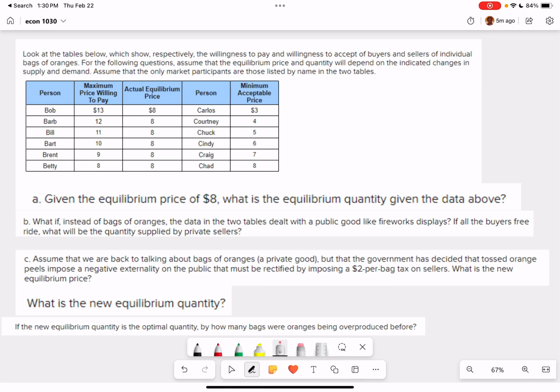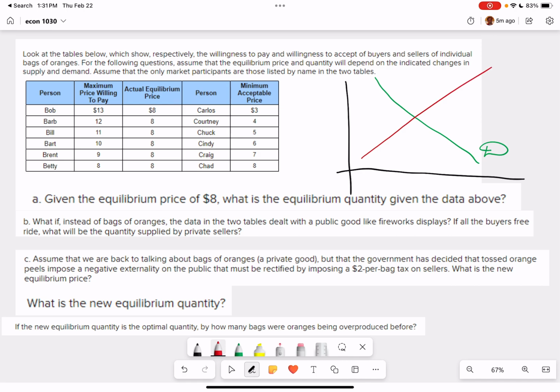So it starts out with having a certain willingness to pay, which we can think of as a demand curve for a public good. And then there is a minimum acceptable price. We can think of this as a supply curve, which is increasing, right? So at a higher and higher cost, additional units. Now, the first question is about initial